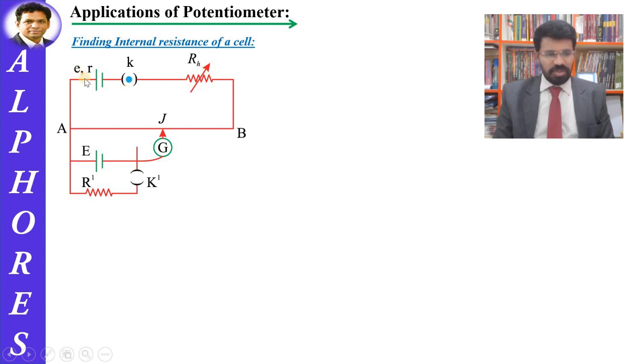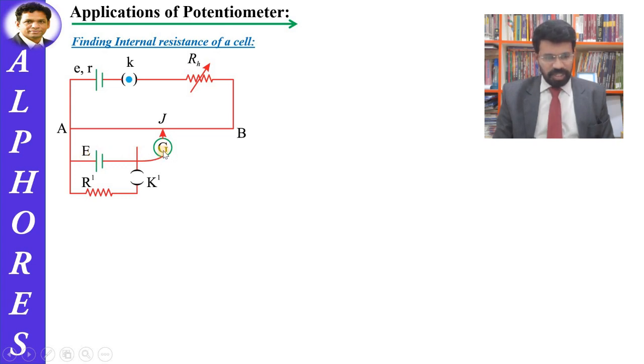So this is one cell. This entire circuit is called the primary circuit. We have already discussed this in the previous session, the 98th session, right? So this circuit is called the primary circuit, and whatever additional circuit arrangement is there, that's called the secondary circuit. Now my interest is to find the internal resistance of this cell. I want to derive an equation for the internal resistance of this cell of EMF capital E. Okay, so let us try to find out.